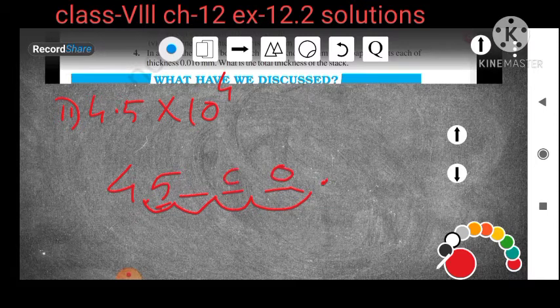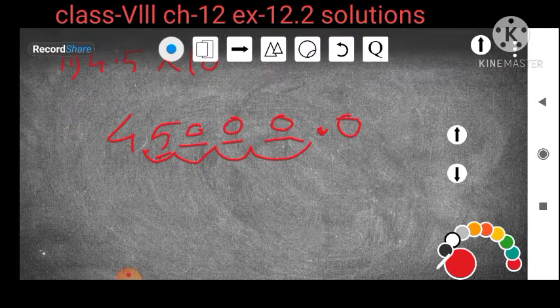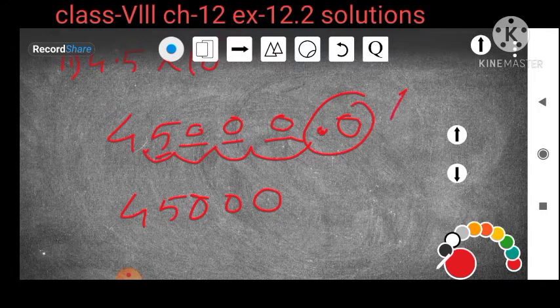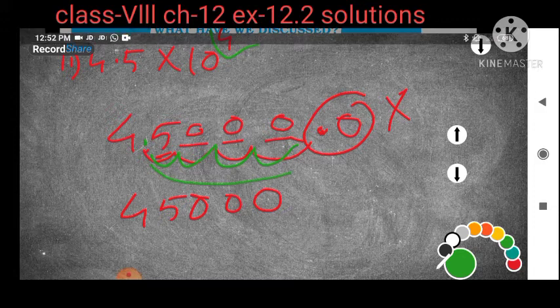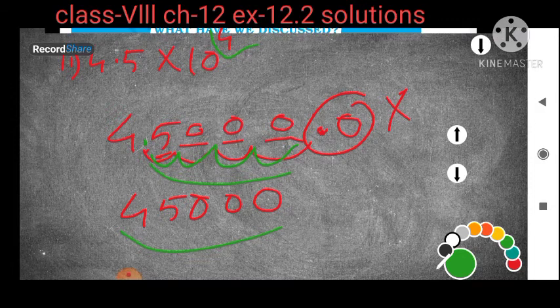So what will you add here? You will add 0 0. If you want to put this in decimal, then after the point there will be 0. But in this case we just write only this much, because if there is 0 after the decimal, we can skip it. It is not important. We will not write this one. The decimal was here, isn't it? This decimal is moving how many steps? 4 steps. Why is it moving 4 steps? Because the power is plus 4, isn't it? And it is moving to the right-hand side. So if it moves, then it will become 45000. I hope you have understood. In this way you will solve this question.